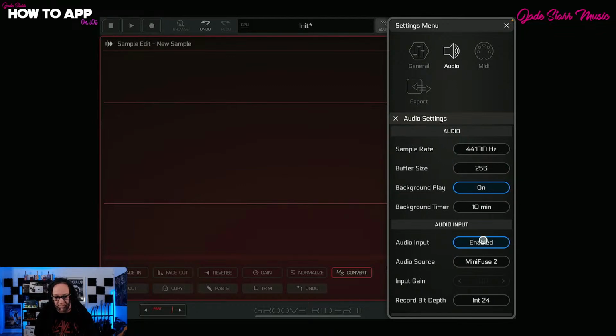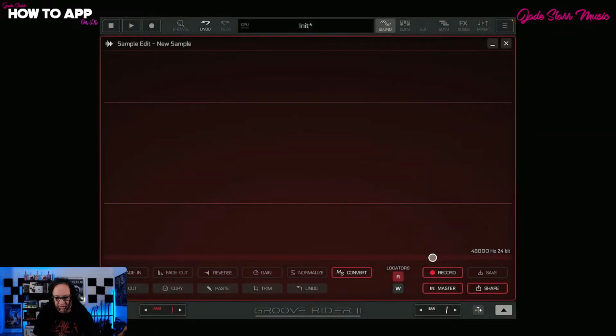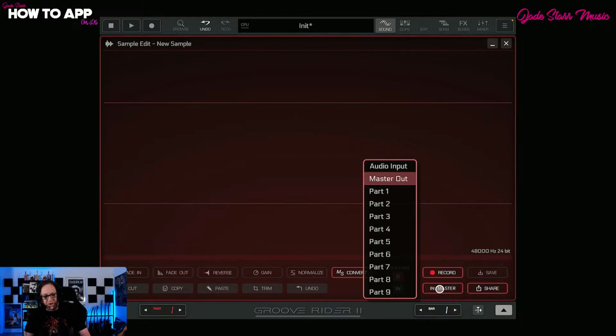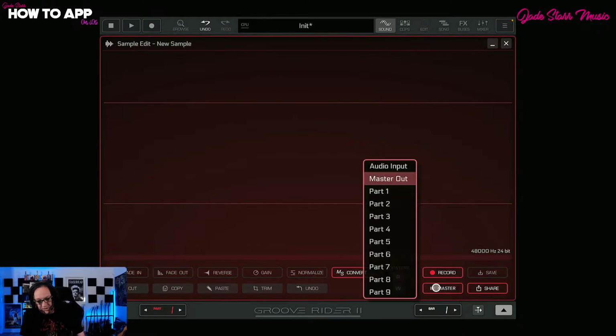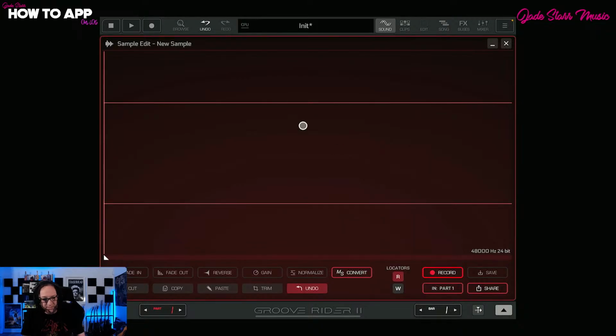And I have audio input enabled and mini fuse selected. So I'm trying this for the first time. So hopefully this is a thing, because you can choose. Down here where your record button is, you can choose to record the master out, or choose any of the parts. So if I choose part 1 here and hit record,